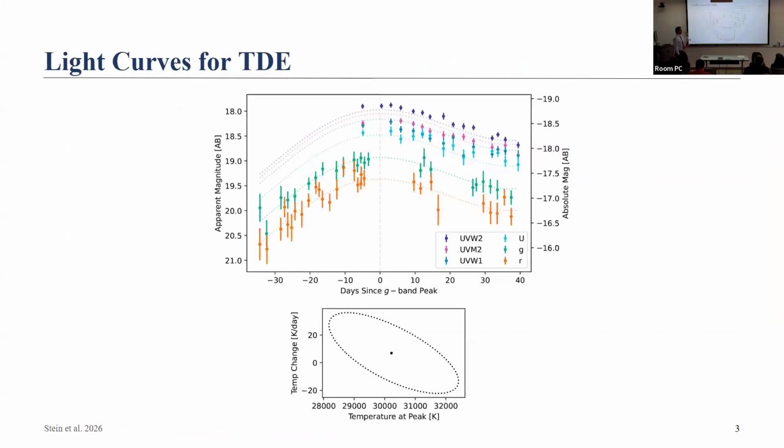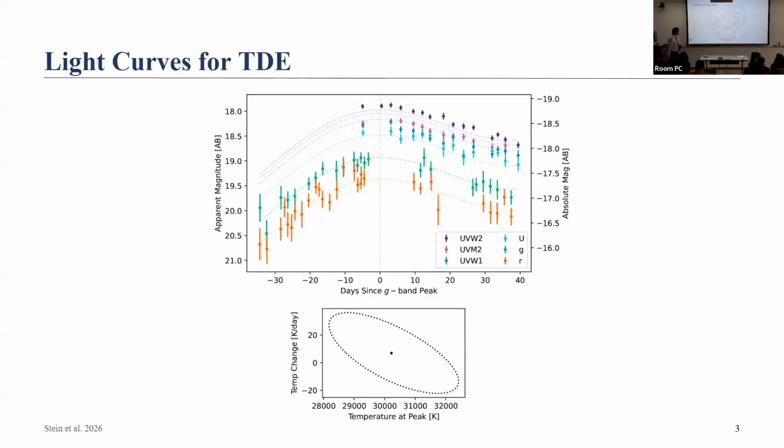Okay, this is what the typical light curve of a TDE looks like. On the top is the light curve. It shows the characteristic rise and fade of a TDE. The rise is relatively shorter in span, spanning days and months. The fall is relatively longer, spanning months and years. The apparent magnitude is how bright it looks to us, and the absolute magnitude is how bright it actually is. It has a constant or slow color evolution.